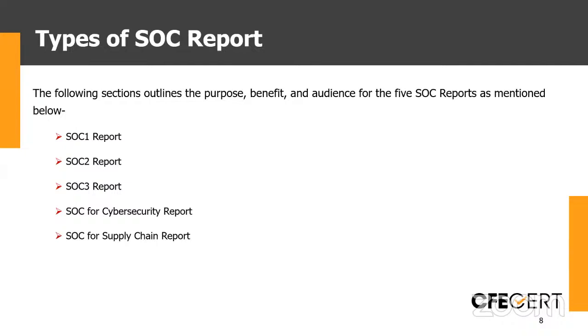So these are the different types of SOC reports we have outlined here. SOC 1, SOC 2, SOC 3, SOC for cybersecurity, and SOC for supply chain. I can talk in brief about all five. So a SOC 1 report will be a report which will be addressing any controls that can impact the financial reporting of the